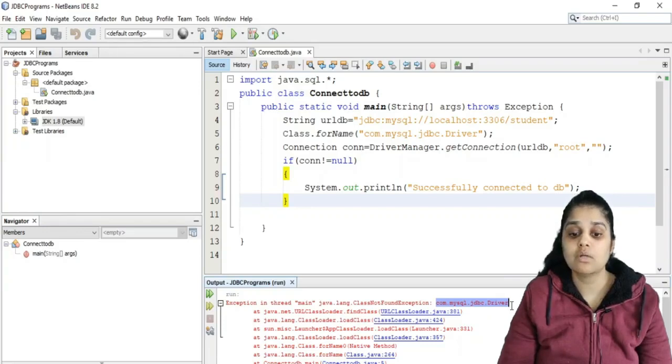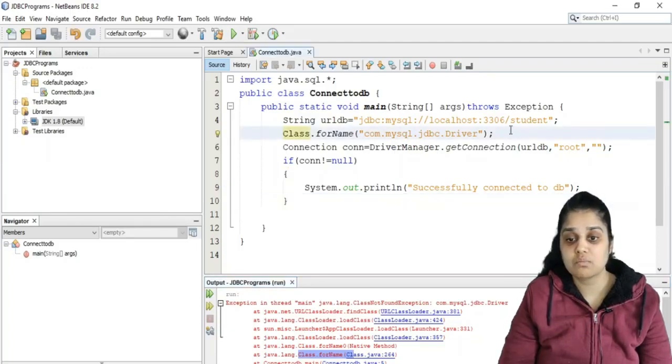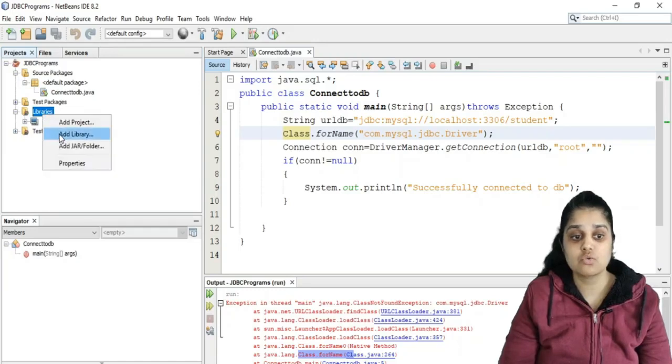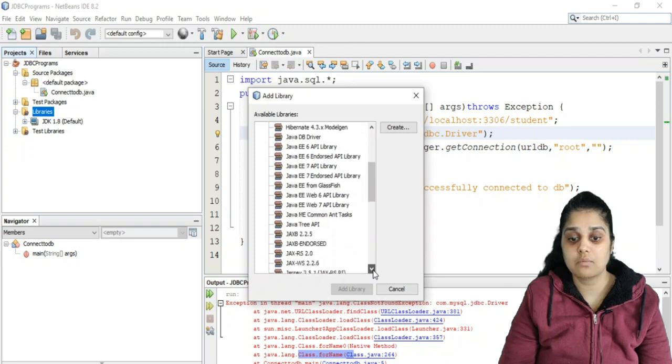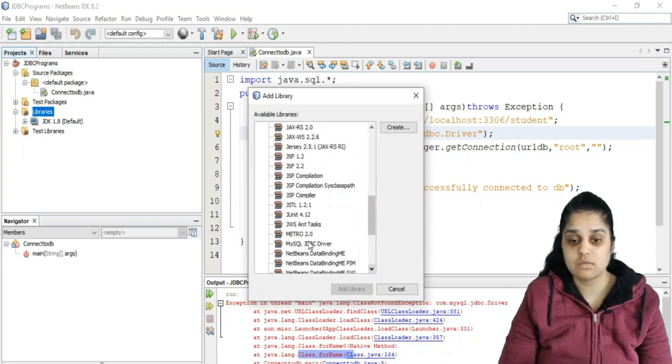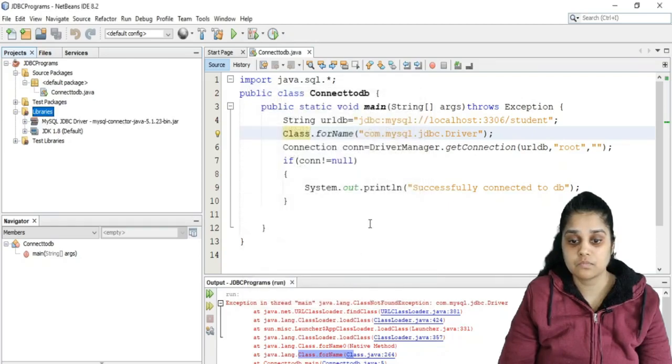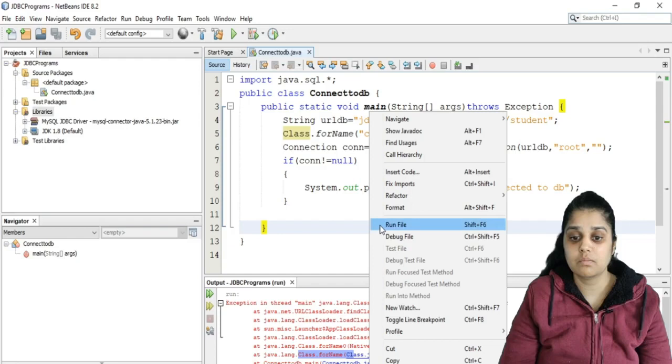So you are not able to load it, and therefore your Class.forName method is not helpful here. So if you want to make this statement work properly and connect with the MySQL database, you need to add your MySQL library JDBC driver. Now you will be able to connect again.